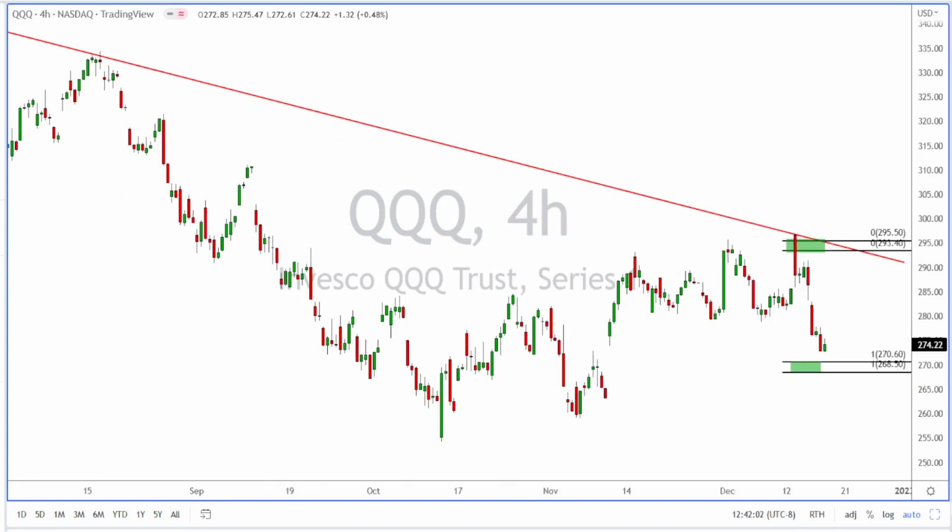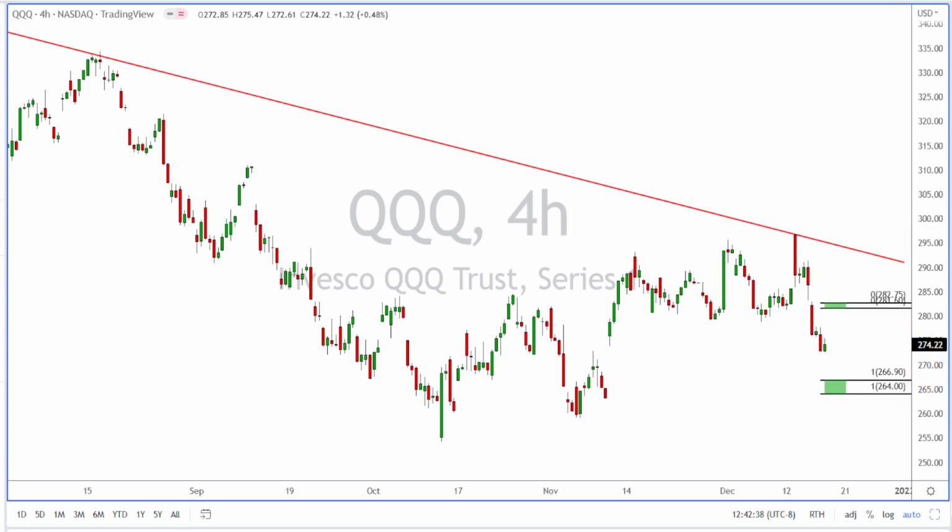And drilling down to the 4-hour chart, we noticed that the price actually came up and pushed just a tad above this upper range of the expected move between 295.50 and 293.40 last week. You see that it also retraced back down near the lower range of the expected move between 270.60 and